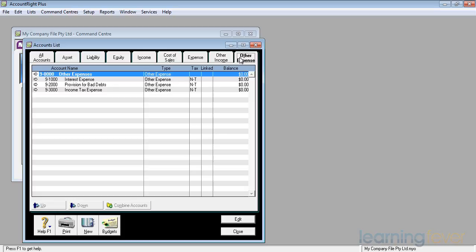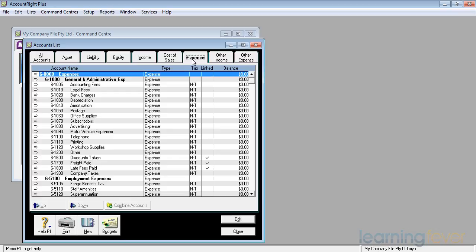Having looked through that, I might realise that I don't have sufficient information recorded about certain expenses, or I might want to have more information there or split it in a different form. If I click on the expense tag, I can see there that I've only got one account number, 61090, for motor vehicle expenses. I may want to track the amount of expenditure that I have on petrol, on repairs, on registration and insurance, for example. And I might want to show that as a new number further down. And I might like to say, well, okay, I'll rename that 7000 for motor vehicle expenses and put in subgroupings